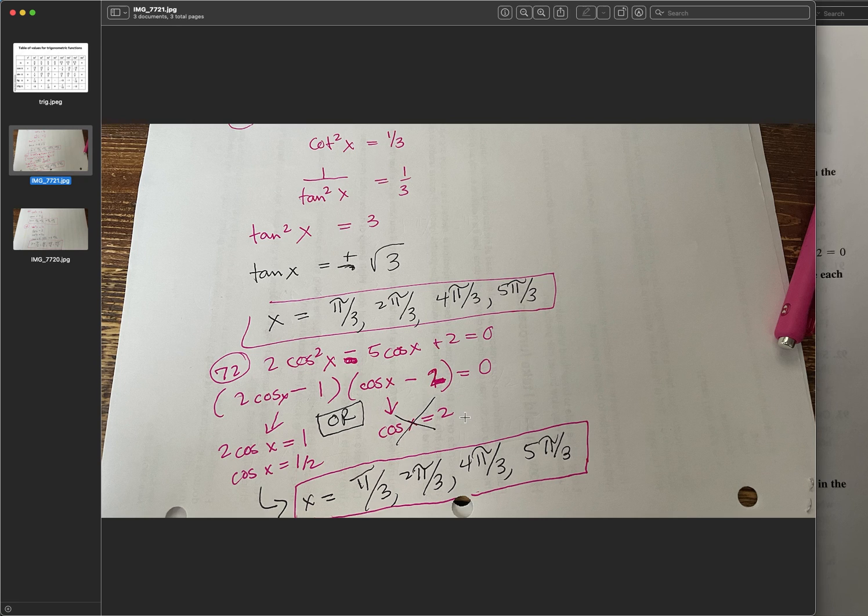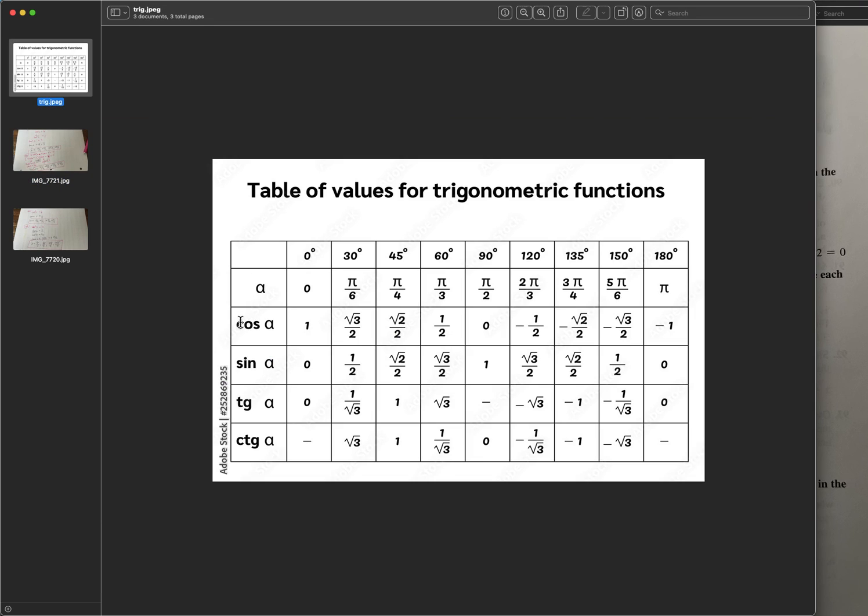Turns out that can never happen. We can look at our chart back up here, but it doesn't happen. But this one, cosine x being 1/2, does happen. And so we look at the cosine x row again for the third time, and we see it's 1/2 or negative 1/2. I think, is that,